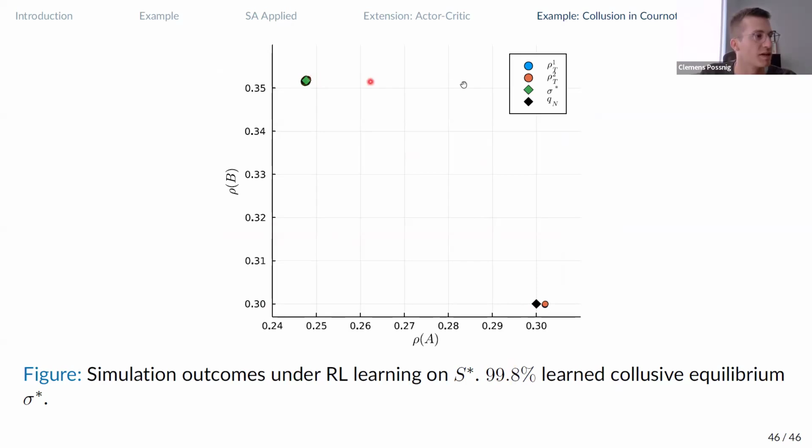And what is up here, the green star, is a collusive equilibrium where in one state players play very low quantities, contracting supply, getting very high prices. And in the other state, they punish each other with some probability. And this is kind of an exemplification of how strong and how important these state variables are in learning. Even if you keep payoffs fixed, the choice of what information to follow when you're updating your algorithm is essential in what can be learned by these algorithms, and in, for example, whether collusion is learned or not.